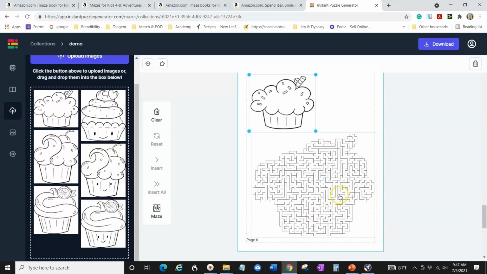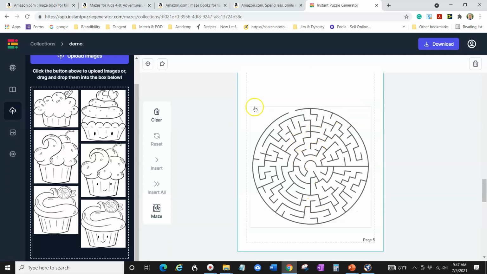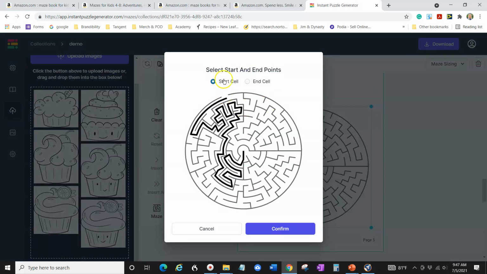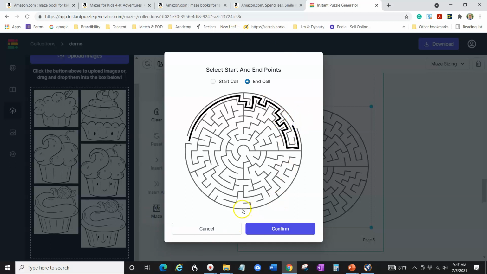Another cool feature that is on, I think, this upgrade as well is you can pick different starts and ends. I'm going to show you on this one just because it's much easier. So what I'm doing, I'm clicking on this custom entry and exit. So this software is great because it's so simple. So I just click on, I'm at start cell, and now I just click somewhere and it's right here. Now I want to change my end cell because this is not a great maze, maybe over here. All right, so you can just fiddle. Maybe you want it over here. You can fiddle with it and see what you get. All right, maybe that's a good spot. And then maybe my start cell I want to put over here. Okay, so it's that simple.